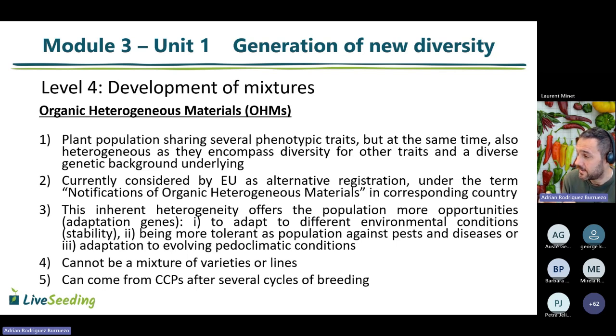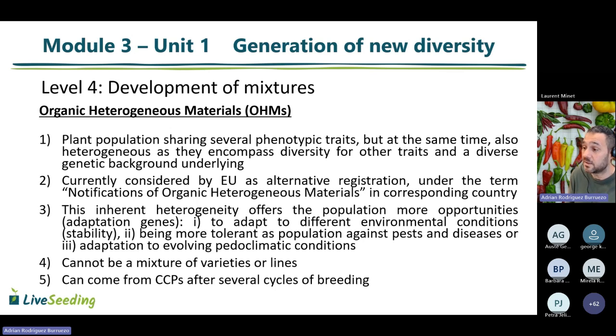Okay, this is a mixed concept, standardized for the main traits, but why not leave some heterogeneity for other traits and a heterogeneous genetic background. Currently, they are considered by the European Union as an alternative registration under the term notification of organic heterogeneous materials in the corresponding country. This heterogeneity offers the population more opportunities, more adaptation genes, let's say, to adapt to different environmental